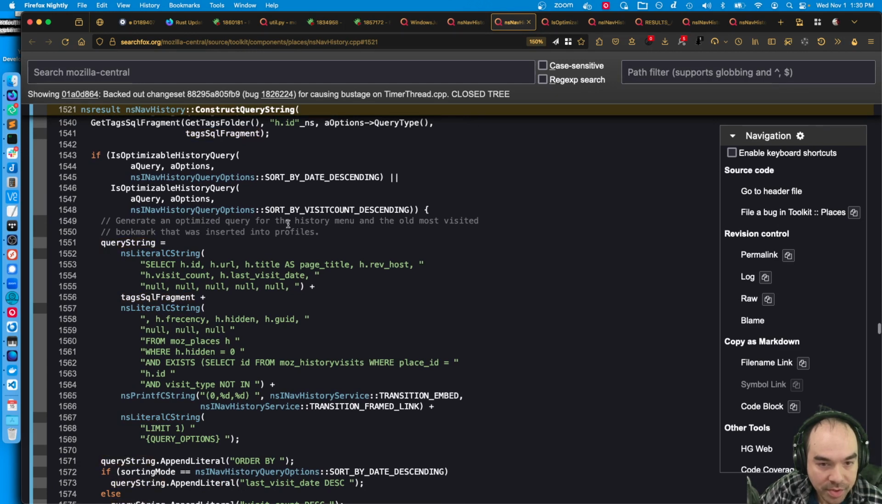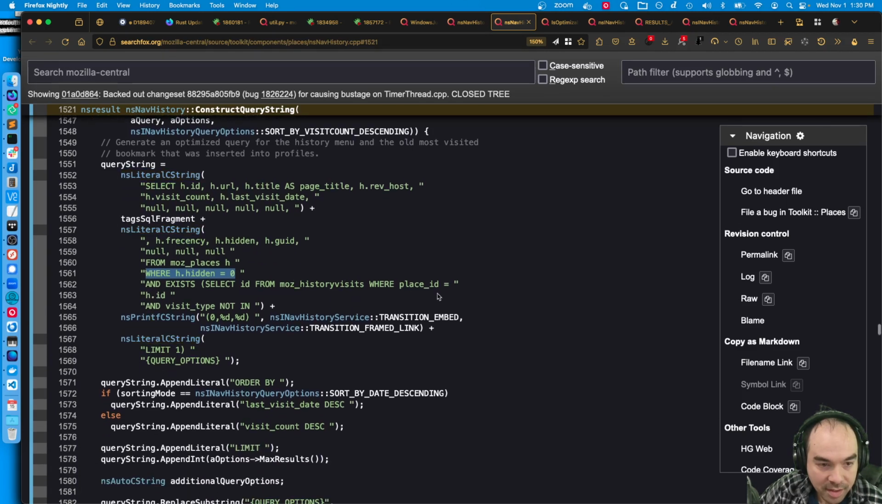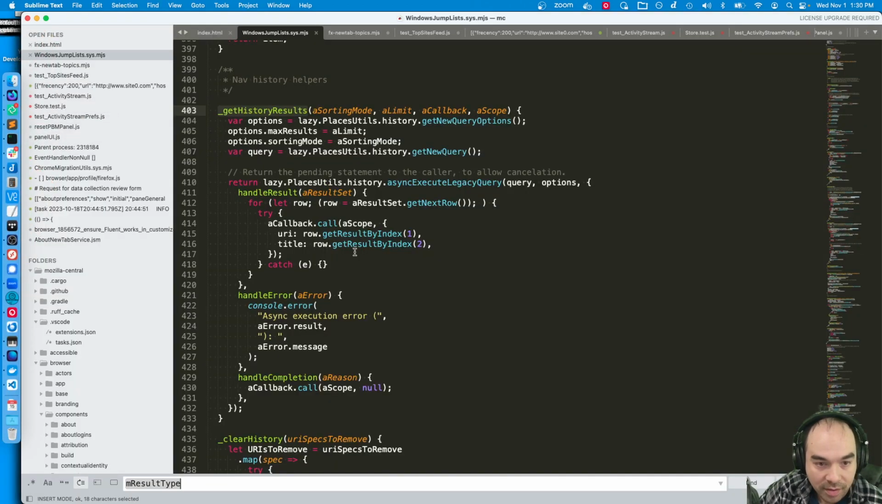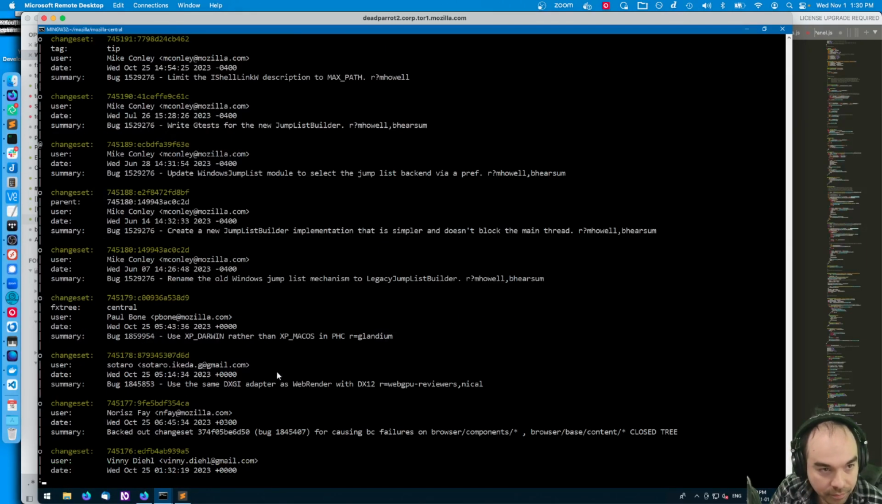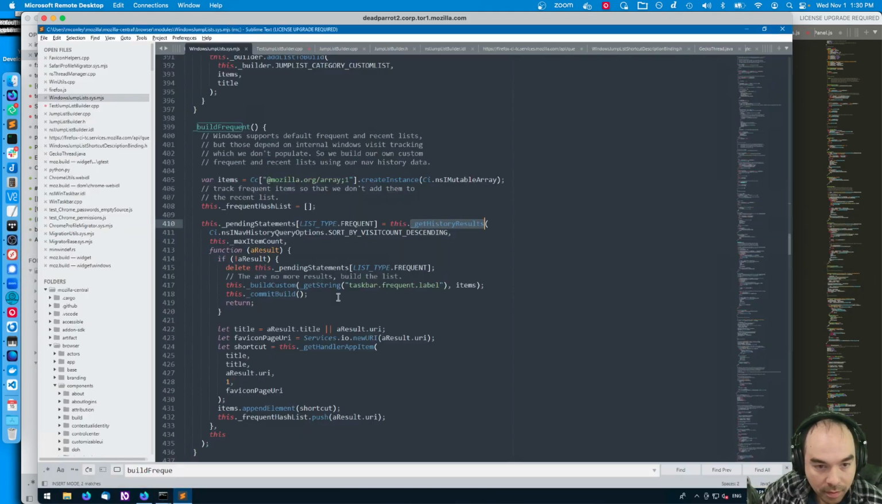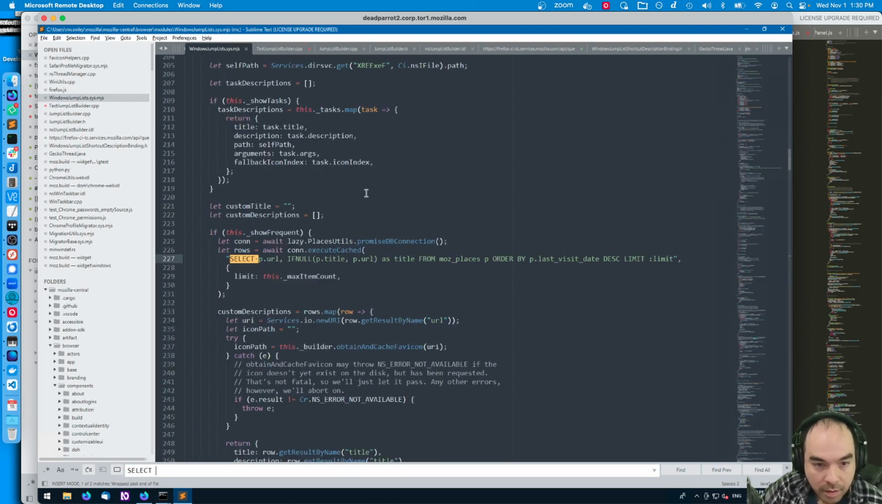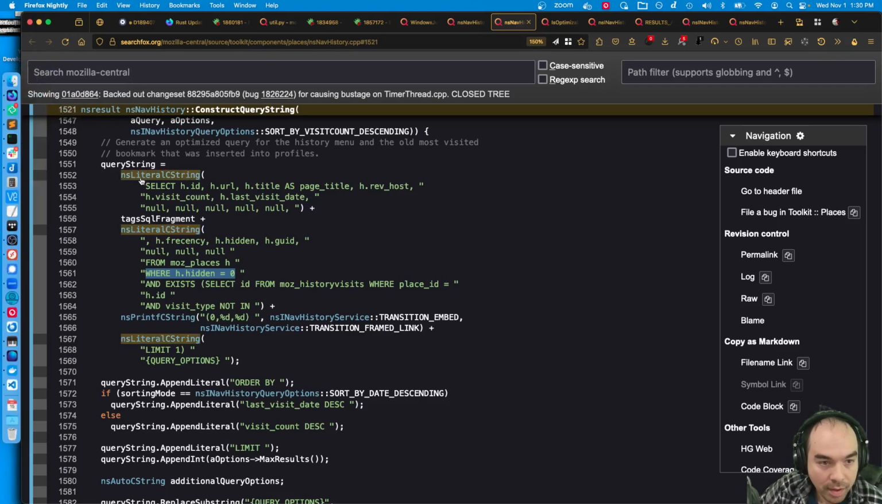Then this is the query string that we construct. Select these things. It does, I guess, optional tag stuff from moz_places where hidden equals 0 and exists a visit where place ID equals HID. Okay, so this is what we want to construct. Let's go back over here. Select, oh, no. Yeah, this is maybe a bit naive. What we want is something more like